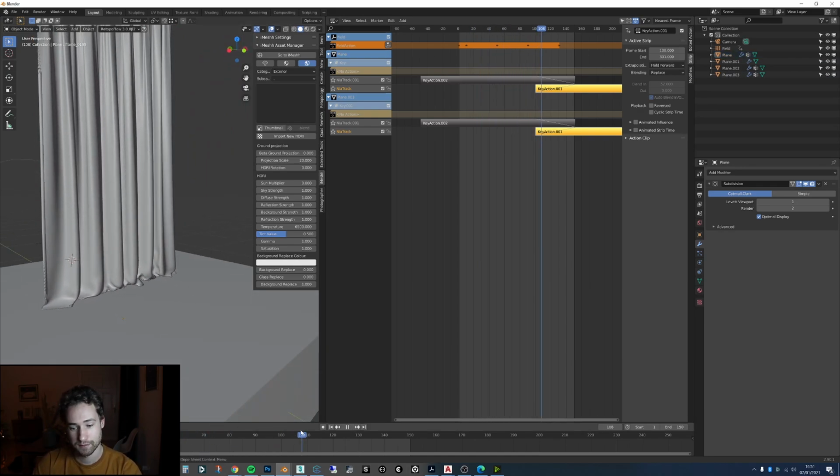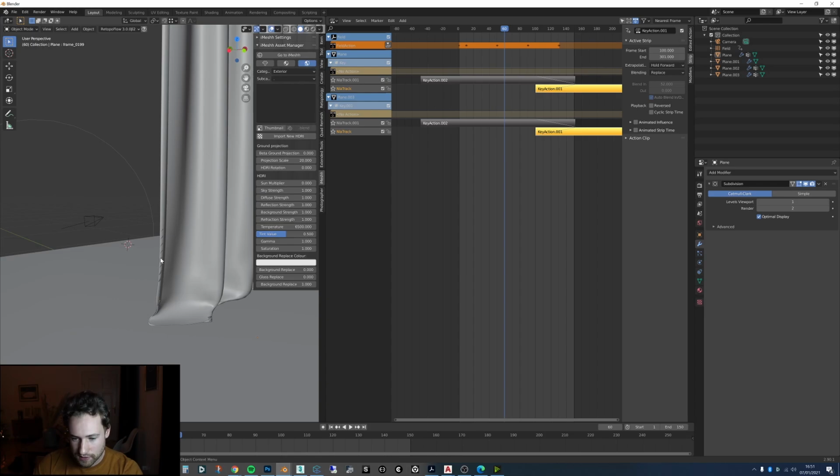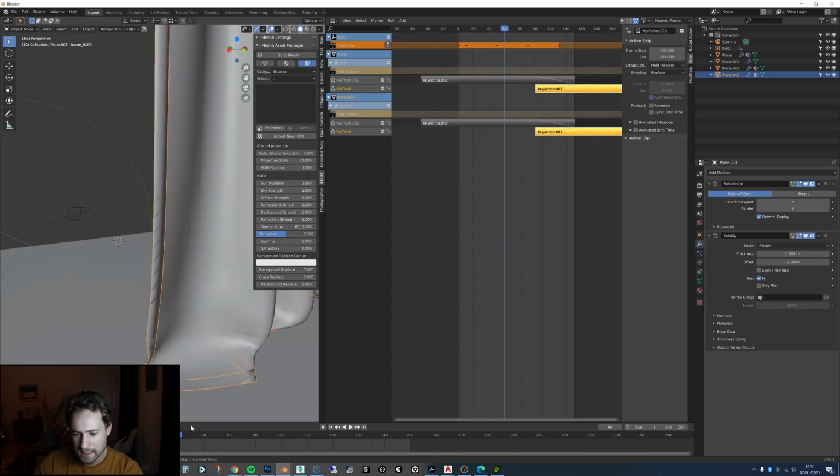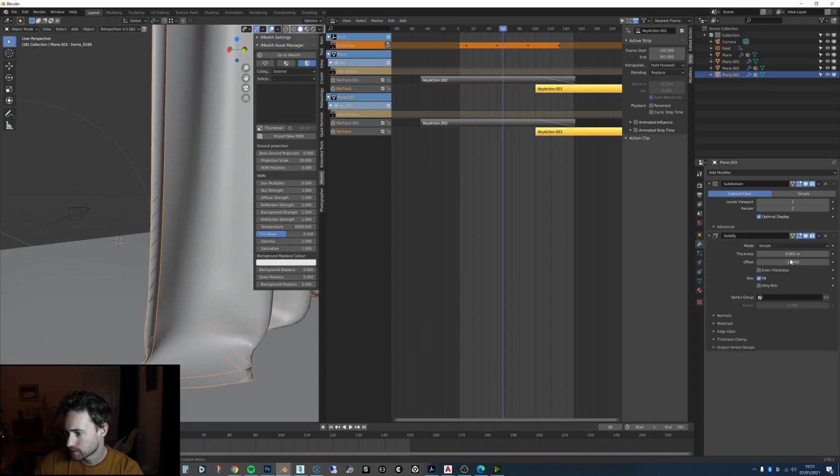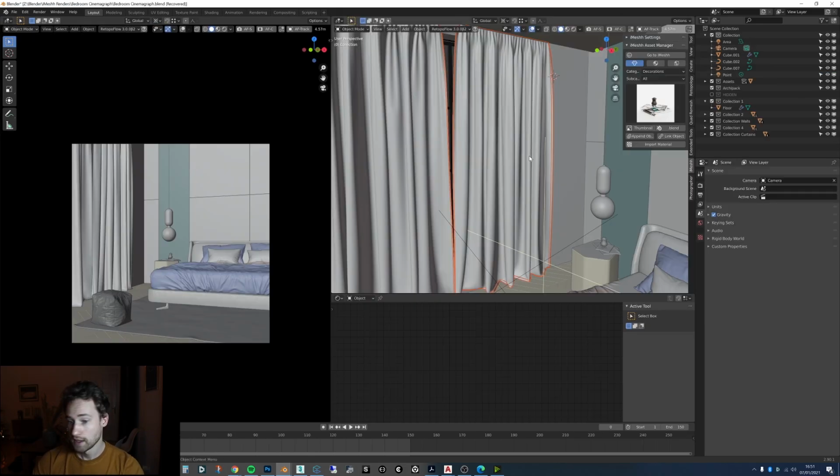So if we just move that, that moves how you want it to. Also, this looks like it's intersecting that face. So perhaps with the solidify we could set that to 0, and now it's going to be either way. And you can just adjust this to be thicker or not thicker if you like. So that is what I did.